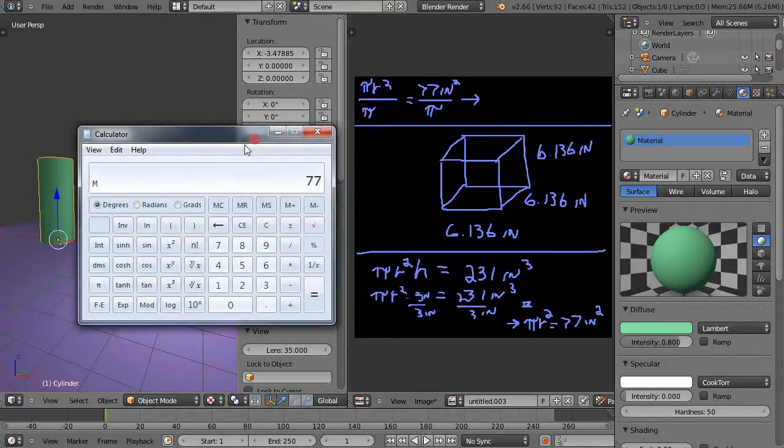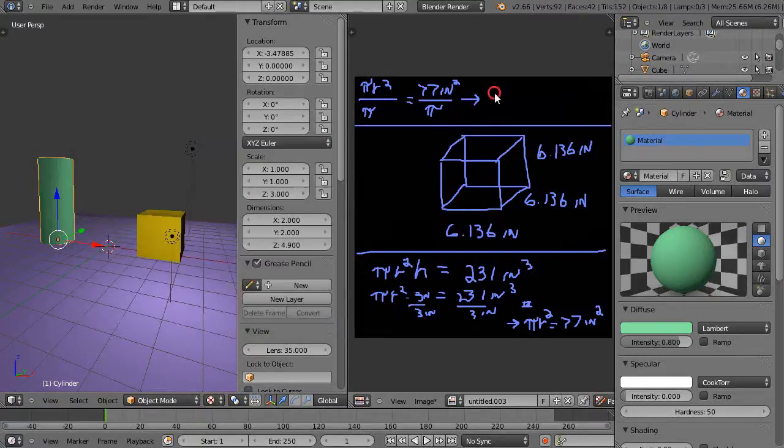So divide out pi, and so I'll bring the calculator back over. So we'll do 77 divided by 3.1416 equals 24.5, we'll just call it 24.51. All right, like this. So now what we're saying is r squared is equal to 24.51